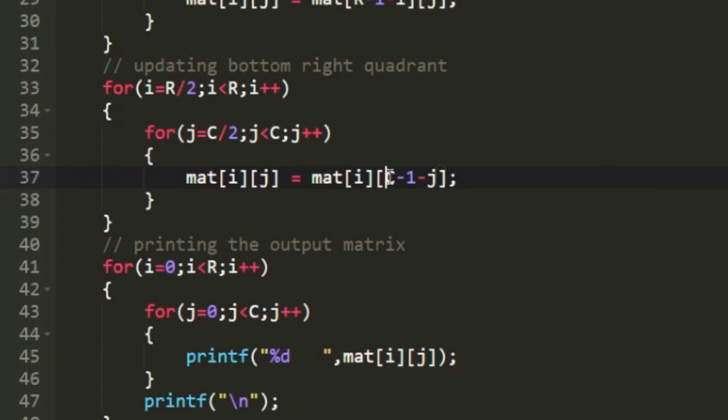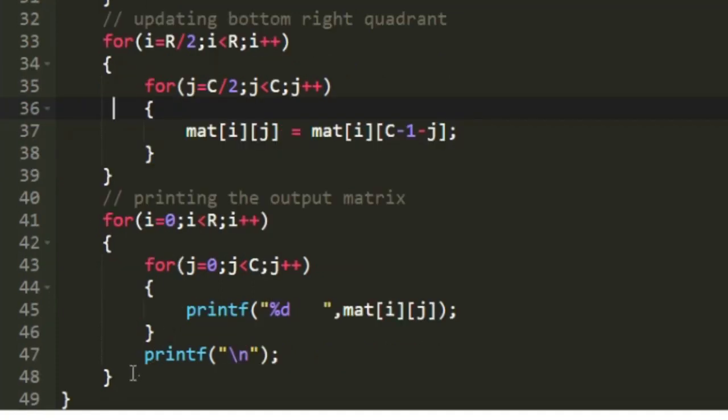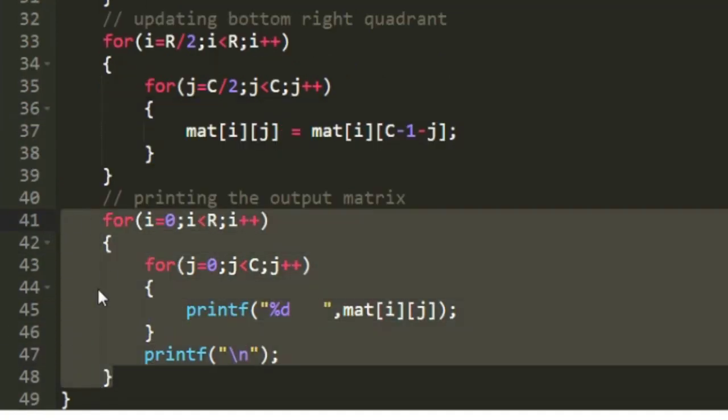This c minus 1 minus j would be pointing to the last element of the bottom left quadrant, and in every iteration it would be decreasing. So this nested for loop finishes updating our bottom right quadrant. So now we have updated all the three quadrants of our matrix. So finally we are printing out our matrix using this nested for loop.